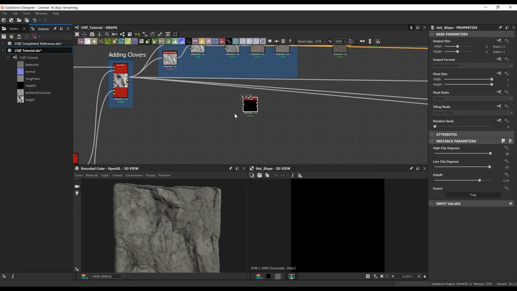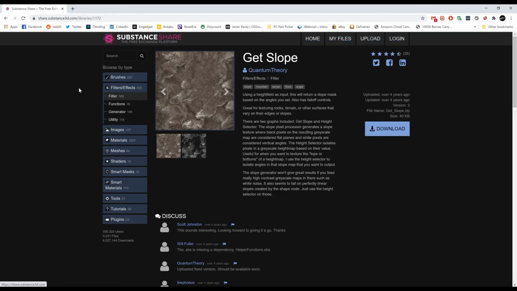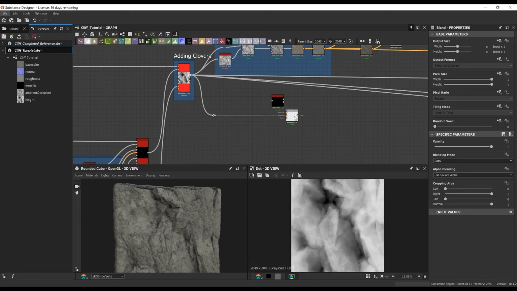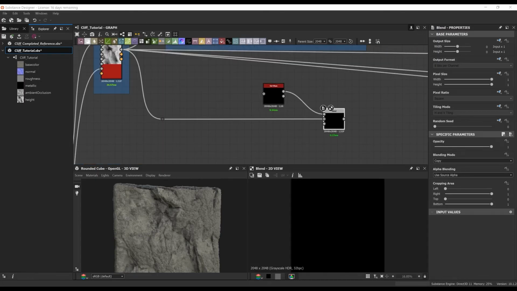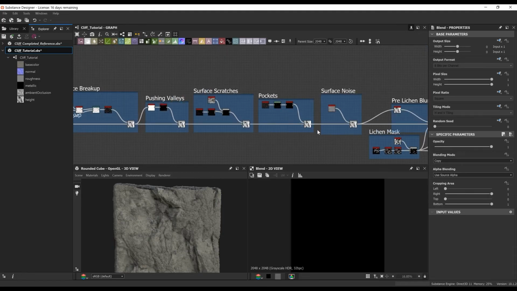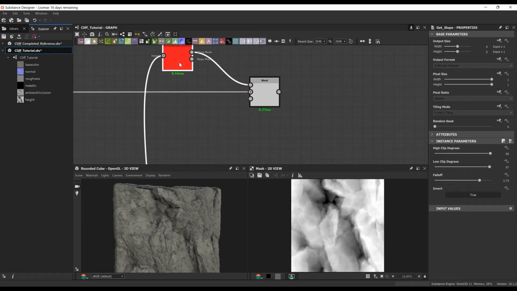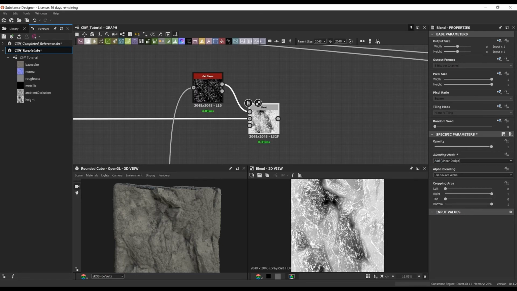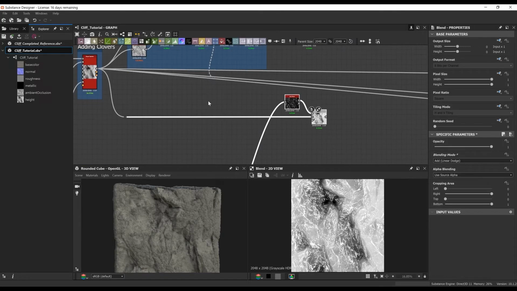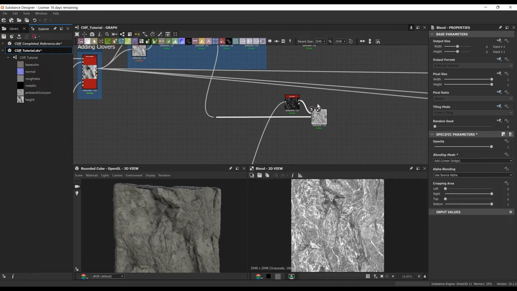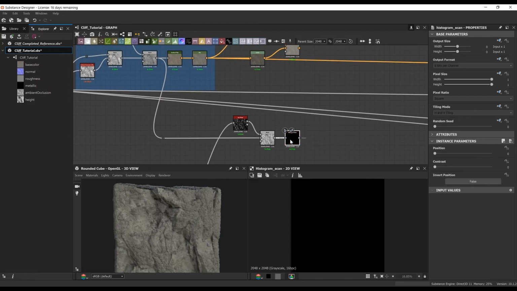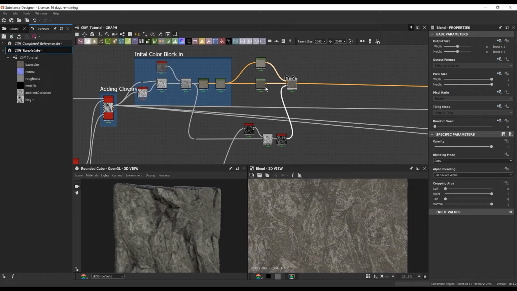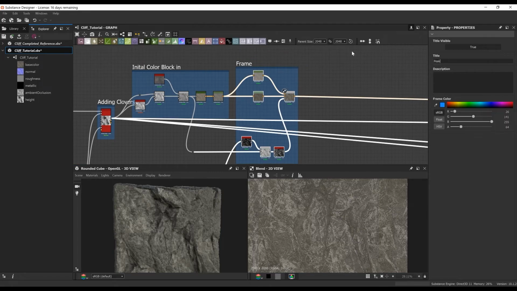Now, one thing about this guy is I'm going to use the get slope. Feel free to download it off the Substance Share. What it does is give you a nice mask for the peaks and the valleys on your material based on the height. So what I'm doing here is grabbing the height before I added all the micro noise and all that stuff. You'll notice that I didn't grab the final height to plug into this. I went back quite a bit to find the height before we added the final moisture noise and stuff like that. It gives the get slope better information to read because it's mostly focusing on larger shapes rather than micro detail. It gets a little too noisy.